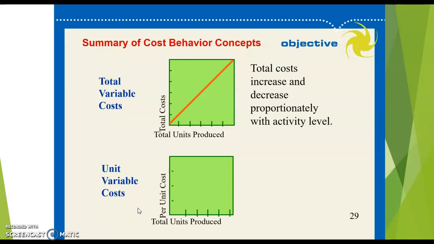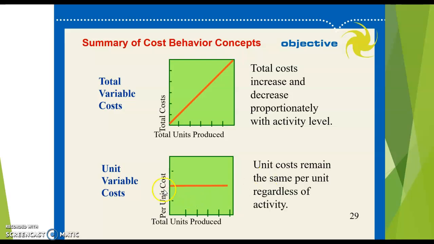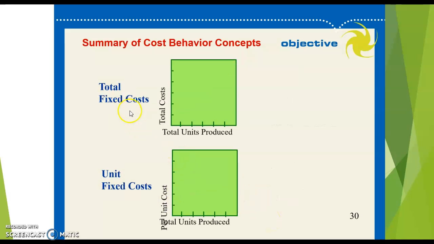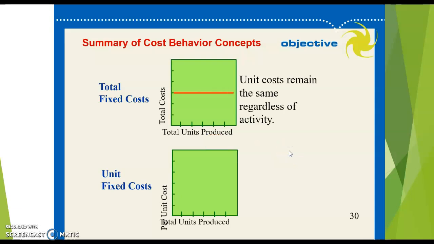This just goes over a summary. Variable costs, total variable costs, have a graph that goes up and to the right, but the per unit variable cost stays the same, a flat line across the graph. Fixed cost, the total fixed cost stays flat, but the per unit